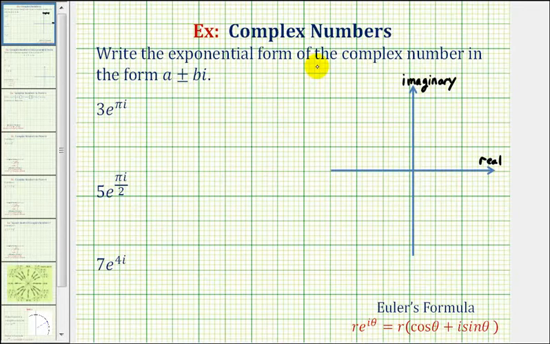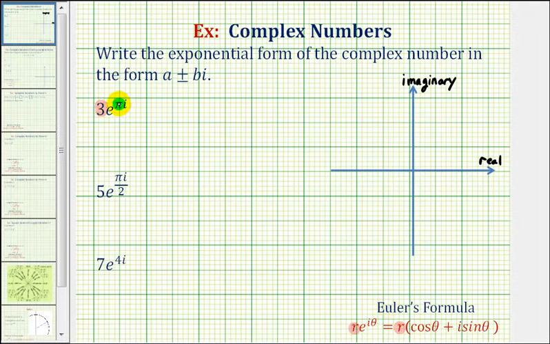We want to write the exponential form of the complex numbers in Cartesian or rectangular form, which is the form a plus or minus bi. To do this, we'll first write the exponential form in polar form, and then write the polar form in Cartesian form. So looking at our first complex number, we should recognize that r is equal to 3,